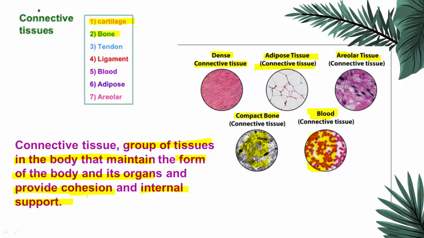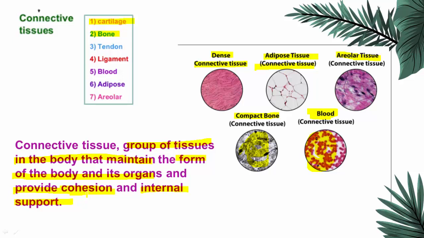The same skeletal system is providing support to the human body. Like that in other animals also, the skeletal system is providing support. So they maintain the body condition, or I can say external appearance. The appearance or external structure of the organism is maintained with the help of connective tissues. So what are the two functions which are carried out by the connective tissue?